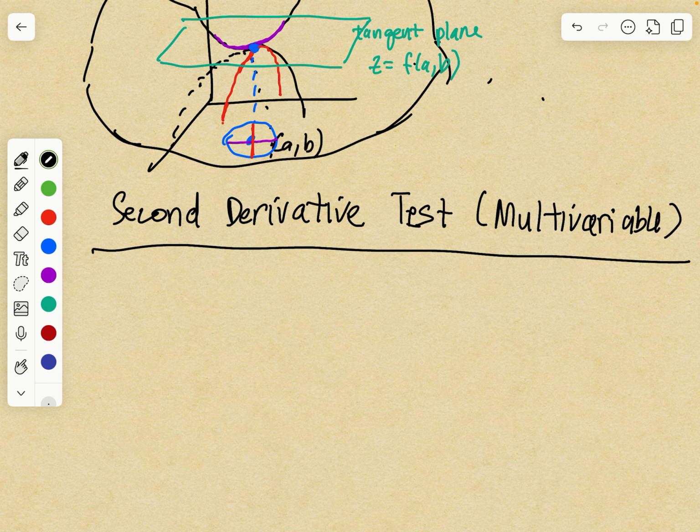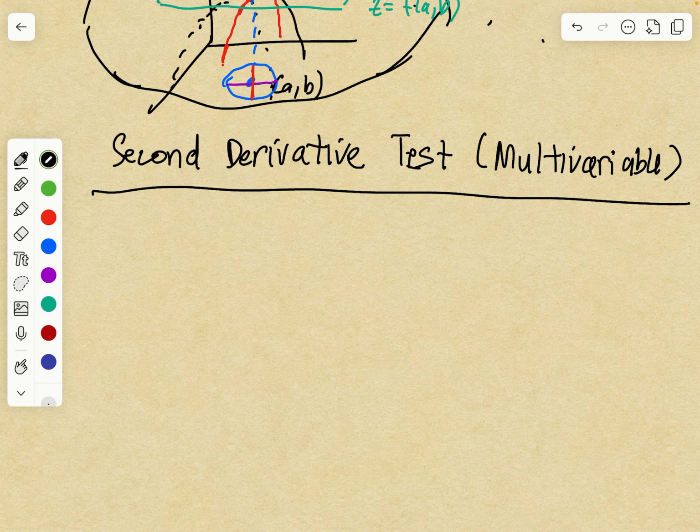And I have a video on positive definite matrices, and if you watch that, you'll get a better idea of why the second derivative test is true. But there's very little intuition behind why the theorem is true when I state it in the form that I'm going to state it in. Okay, so there are some technical conditions. You need second partial derivatives to be continuous, but that's going to be the case in all the examples, so we're just going to skip that, and then you have a critical point (a, b), and what you do is you look at the